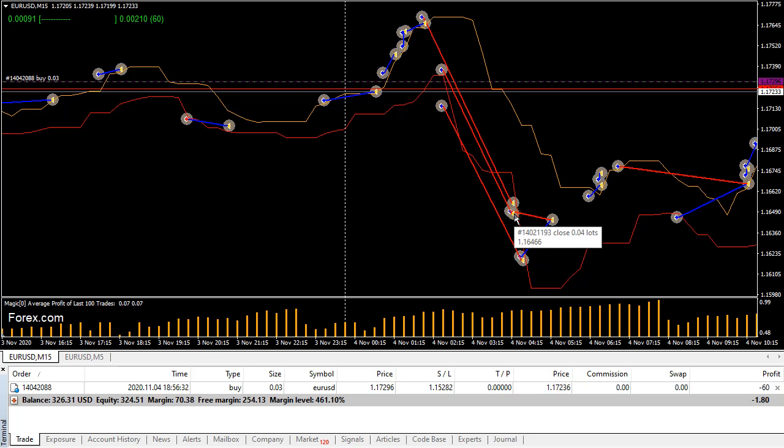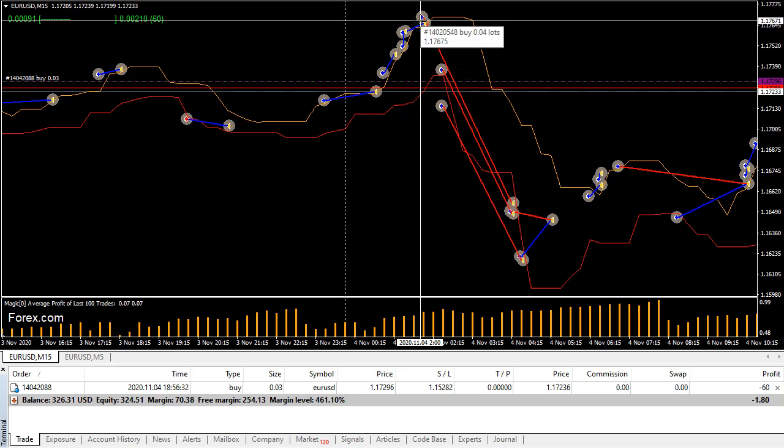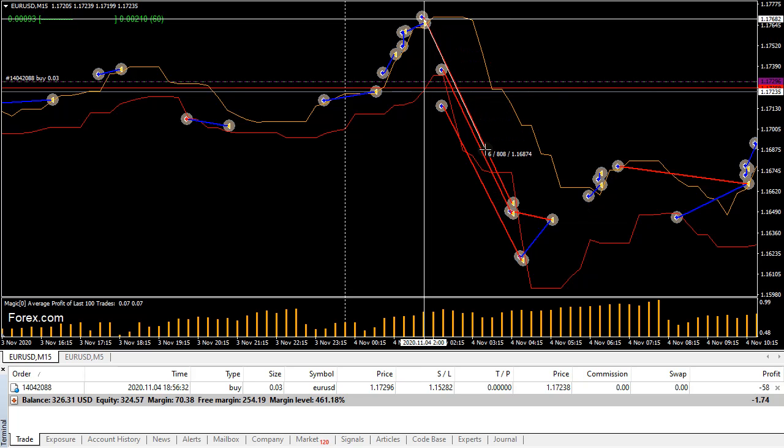But look at something that I noticed. Look how close these two prices are, right? But look at the distance between this one and this one. That should be the same distance between these two stop losses. I didn't see this happen, but my guess is what happened is this first stop got slipped, right? So if I measure this one here, it's 88 pips. This is for the second trade. If I measure 88 pips from this point, 88 pips is right there.